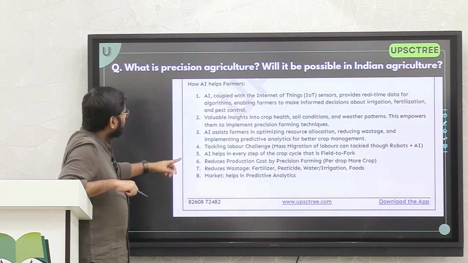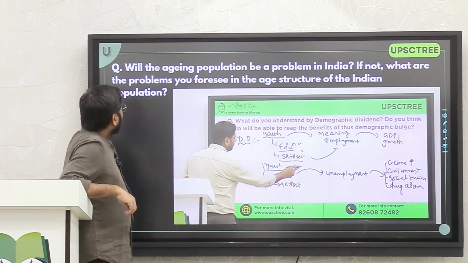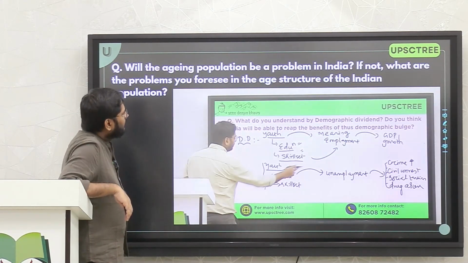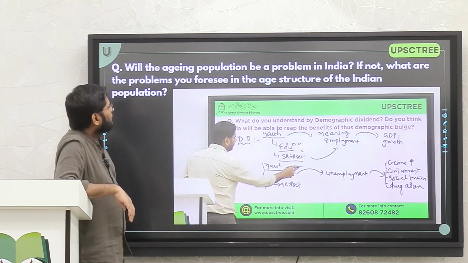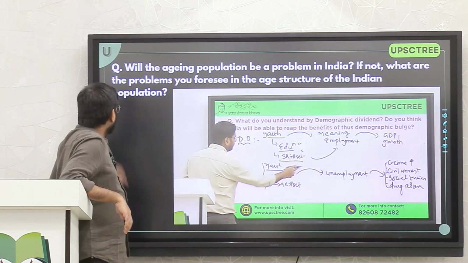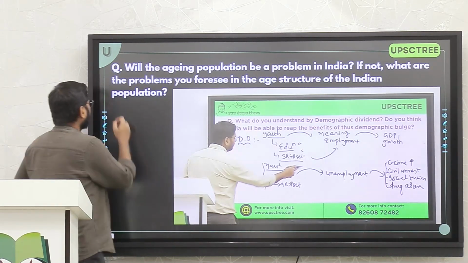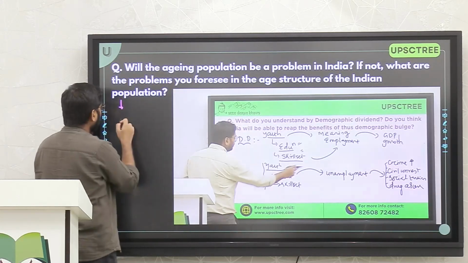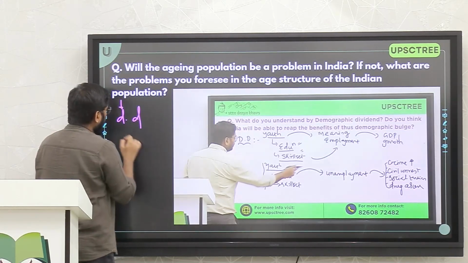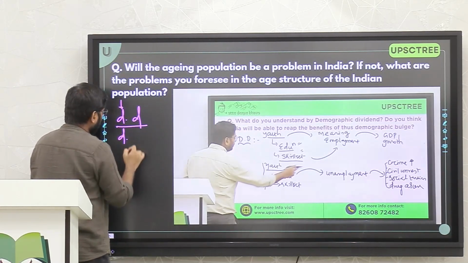I gave many such examples; they can be used to write this answer. Now, will the aging population be a problem in India? If not, what are the problems you foresee in the age structure of the Indian population? Okay. Here, to answer this question, you have to write what demographic dividend is, what demographic bulge is,